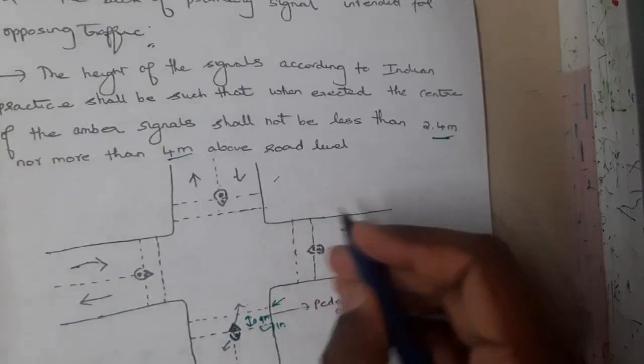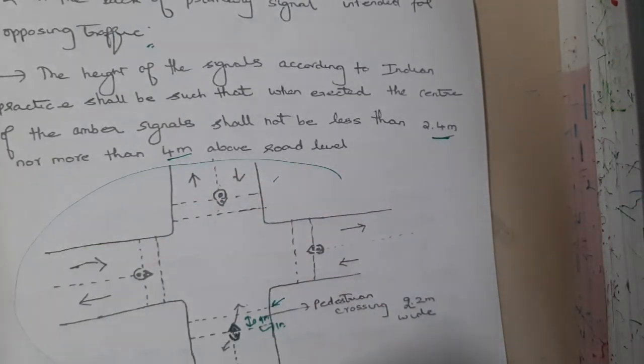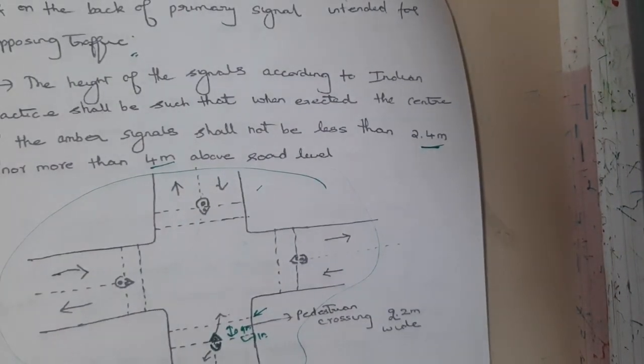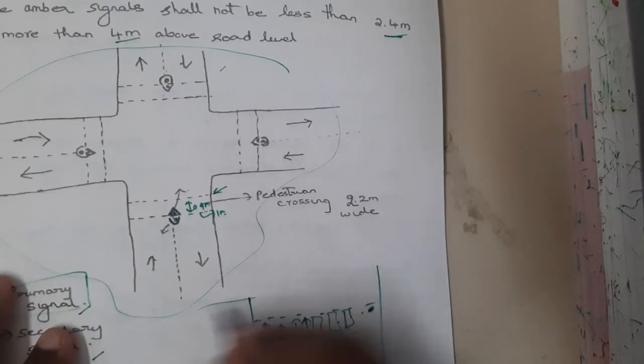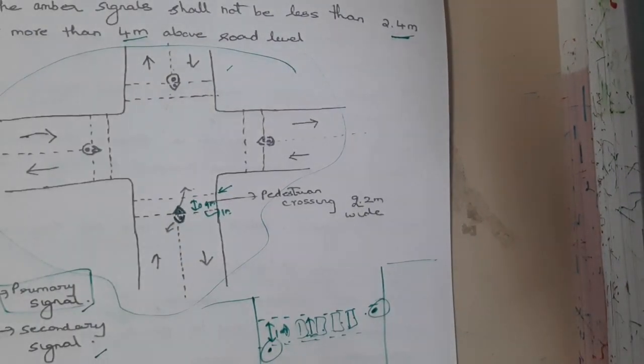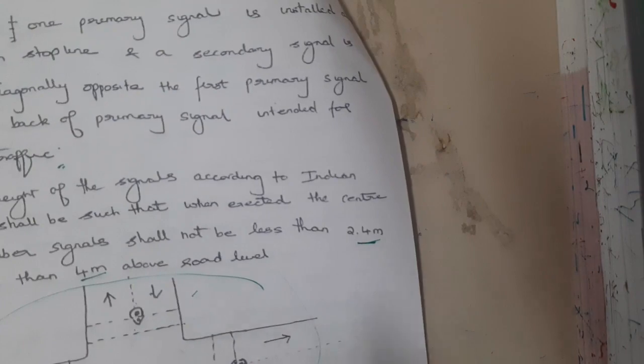Guys, please change this diagram. I am not sure, but this diagram seems to be a bit wrong. Even with the theory, the diagram is a bit wrong, so it is better to draw it in this way. Draw a four-way junction, draw one signal here and the pedestrian crossing, and write the meters. I hope everyone got some basic idea, right?